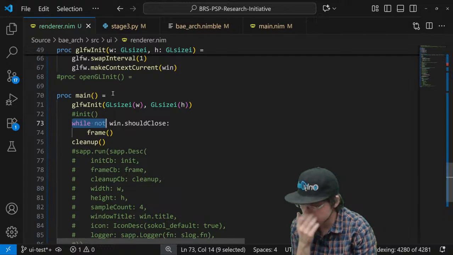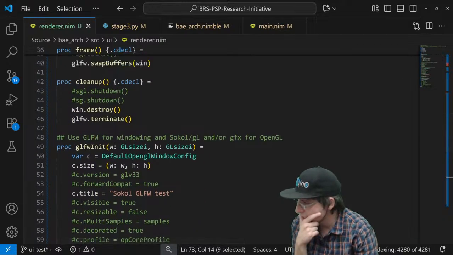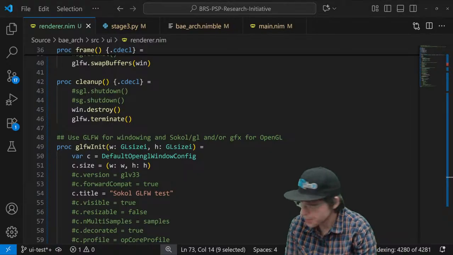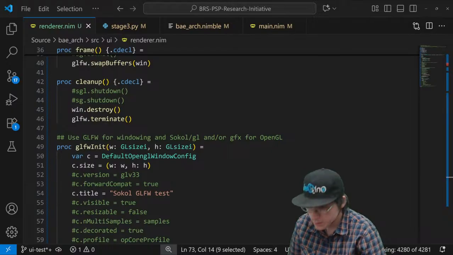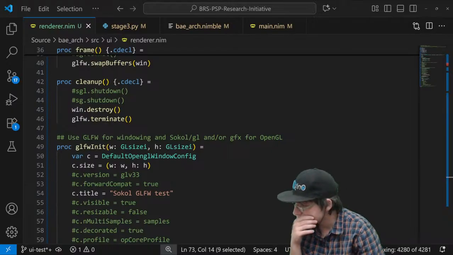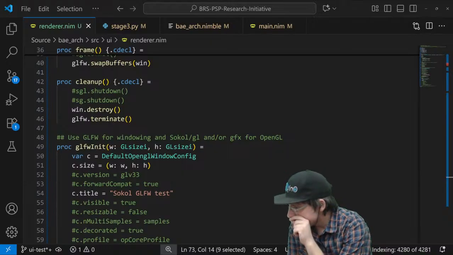So I need to set up, yeah, I need to set up callbacks here. Alright, so, window close callback.